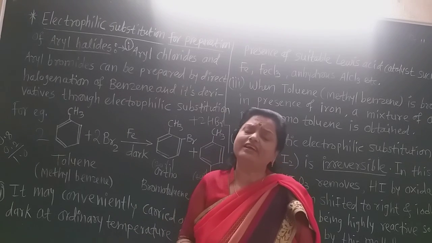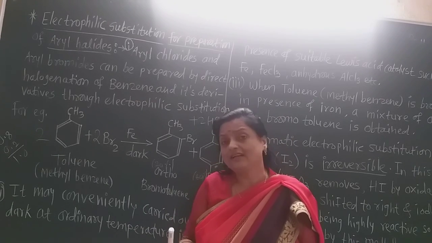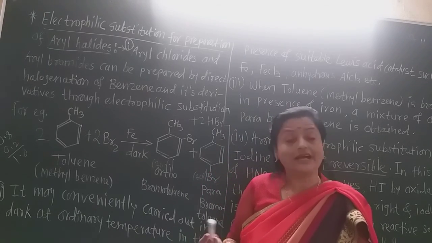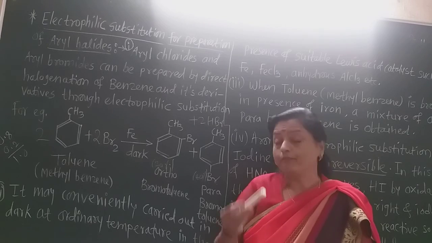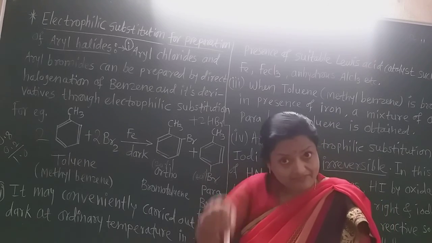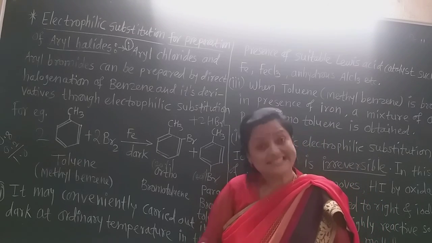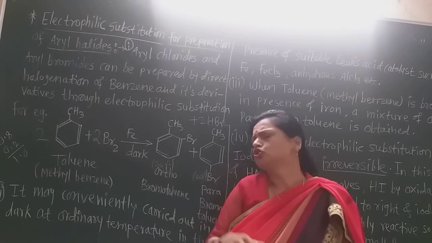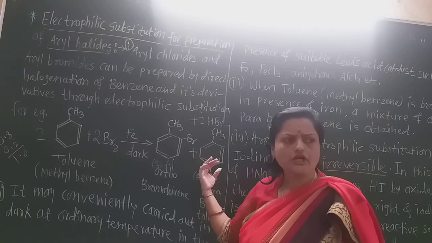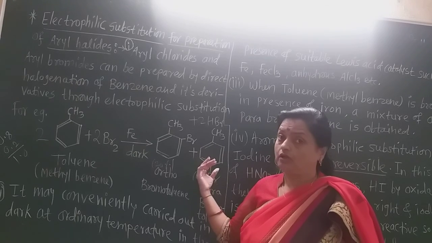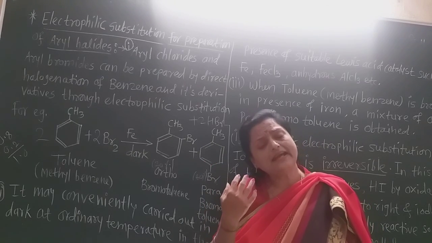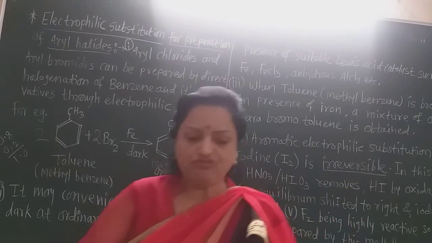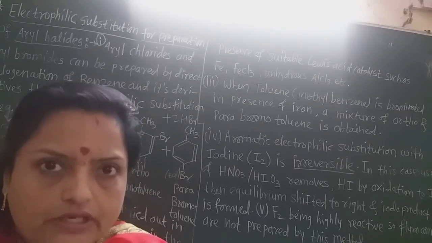You know very well in case of fluorination, why is there always what? There is an explosive reaction with fluorine. I already told you about that, because even in the dark or even at very low temperatures in minus degrees centigrade, there is sparking if we use fluorine. So direct fluorination is not convenient for this reaction. But why is direct iodination not convenient? Again, now see that point, why iodination is not convenient.